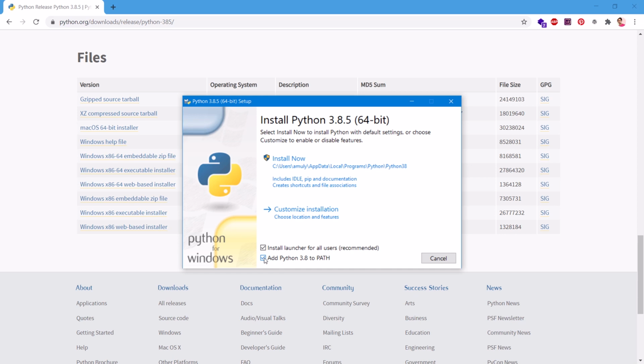So basically you are trying to let it happen automatically. This installation wizard will add Python's scripts and its home directory to the system's path. It also says add Python 3.8 to path, so that makes sense. Now we can go ahead and customize the installation if you want. Otherwise you can simply click install now, and it says includes IDLE, pip, documentation, and creates shortcut and file association. So if you want to customize, you can click here, otherwise click install now, but I'm going